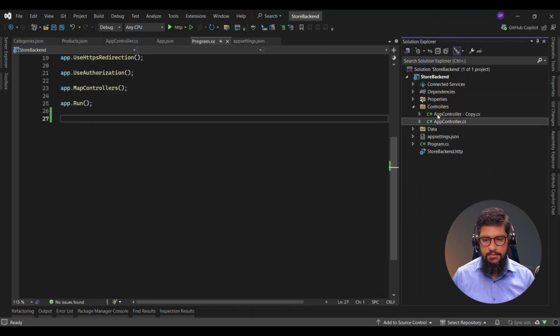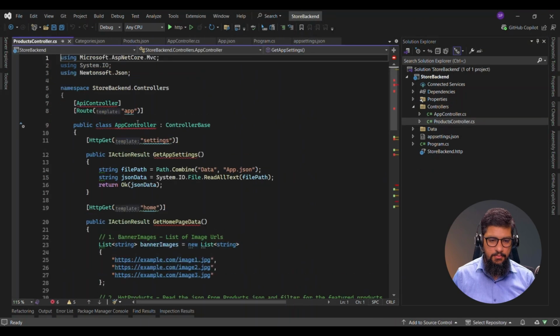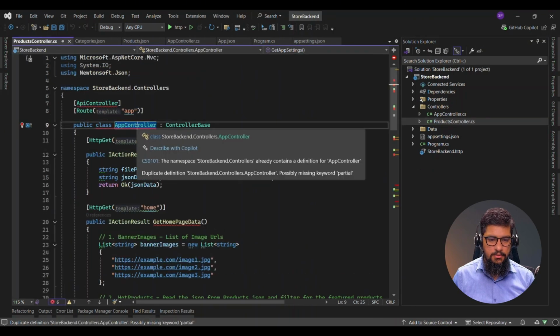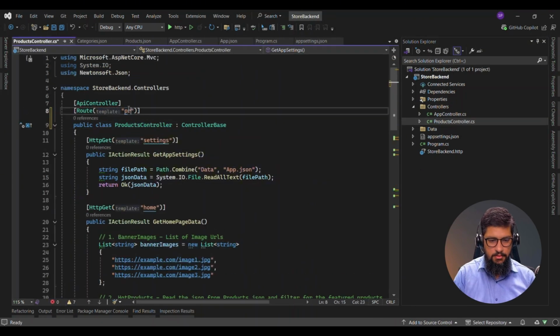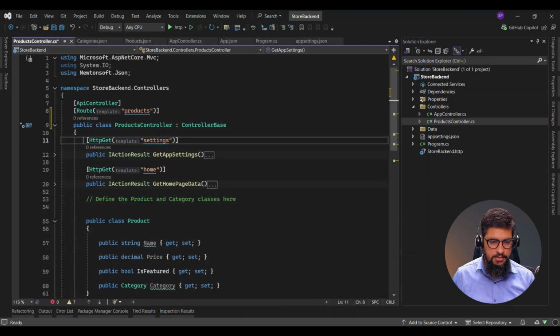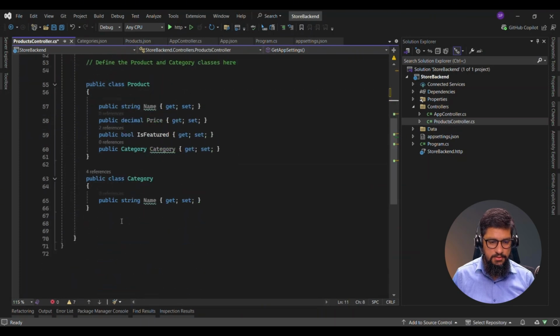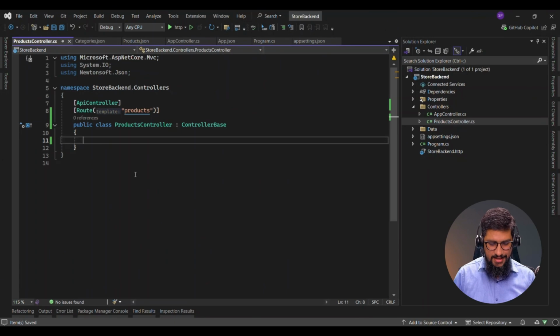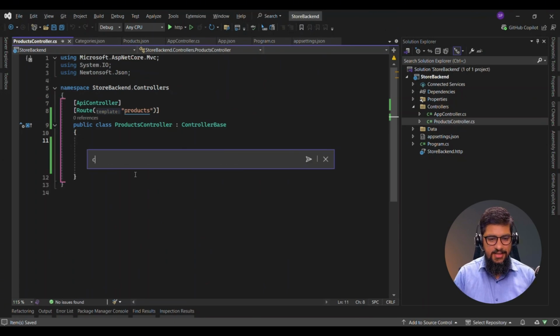Let's see, I want to just create a new controller myself that we call products controller. And if we come over here, products, and then I'll take all the jargon under it. I'll just remove this. And now I'll ask GitHub Copilot,